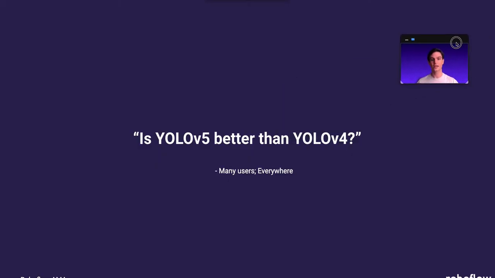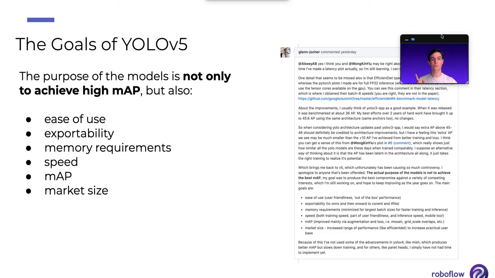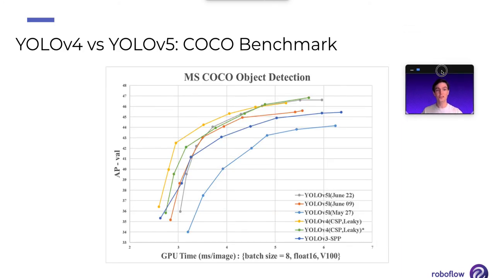Okay, another question that we commonly get, is YOLO V5 better than YOLO V4? So this is a really common question, and like most things, honestly, it kind of depends. Now, on the COCO benchmark, I do want to note that YOLO V4 does outperform YOLO V5. So COCO is a data set that Microsoft put out in 2014 to help us identify the success of given detectors. We've seen another video, I'll link in the description, that explains the COCO data set in more detail. But in general, it's a benchmark for common objects in context of identifying the performance of computer vision models. Now, YOLO V4 does do better than YOLO V5 on the COCO benchmark, and that is still true today.